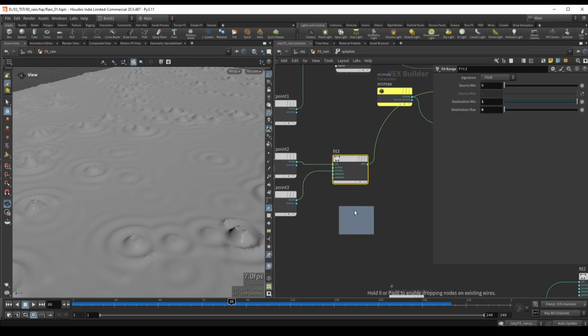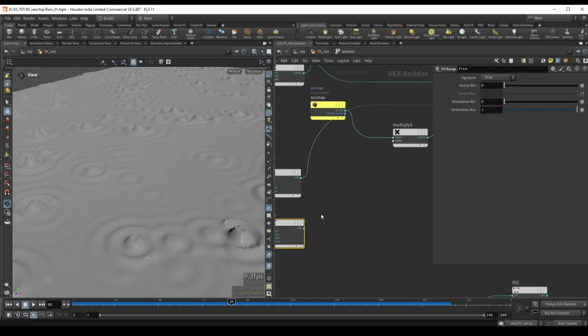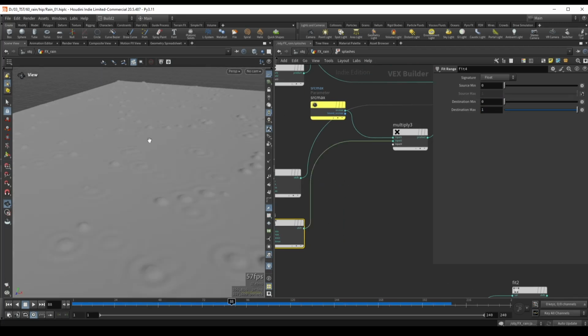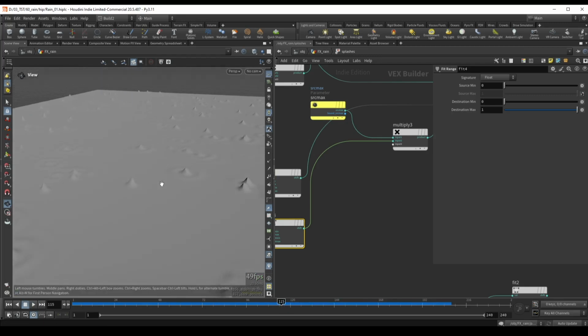So let's go ahead and duplicate this one. Let's set this to 0 and 1, and let's plug this inside our multiply. So now each splash will start increasing its radius when a particle is spawned. And this is the result that we get, and we are getting really close to our final result that we need. Probably I would say that right in the beginning here, our initial splash is kind of large,